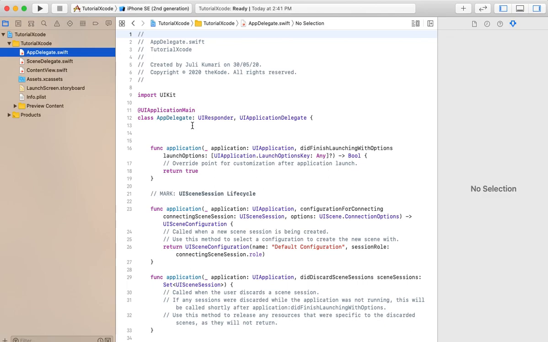Meanwhile, just get your Mac machine ready, get your Apple ID ready, get Xcode installed on your machine, and